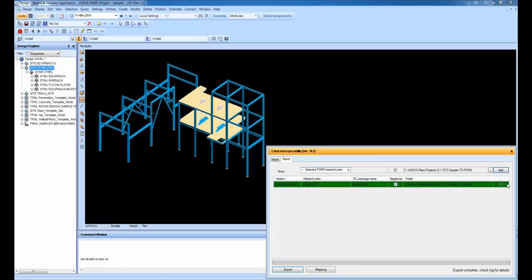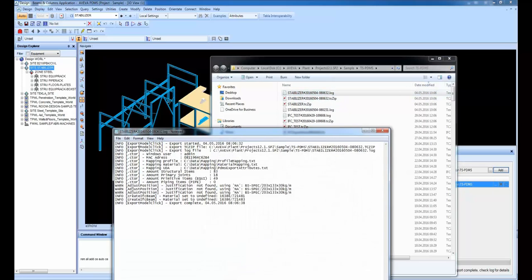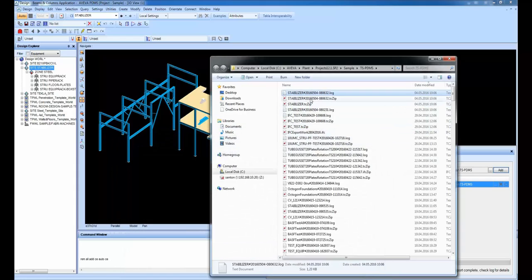Open the folder where the files are located. You see now that we have one log file that contains information about how this has been done. You see there are some justifications there that are not correctly mapped. And we have one file with timestamp and one without. That is the standard way this comes out. If you now look at the file,